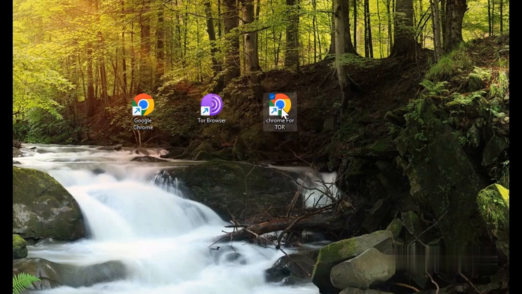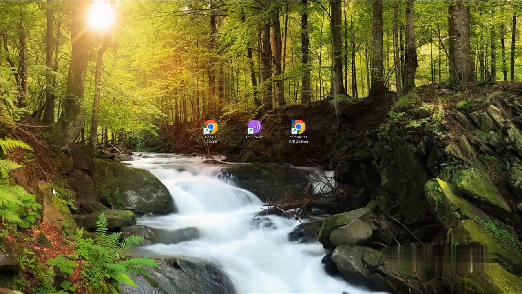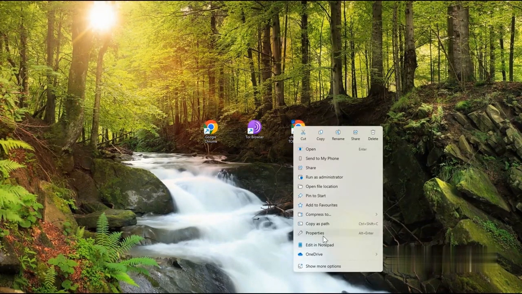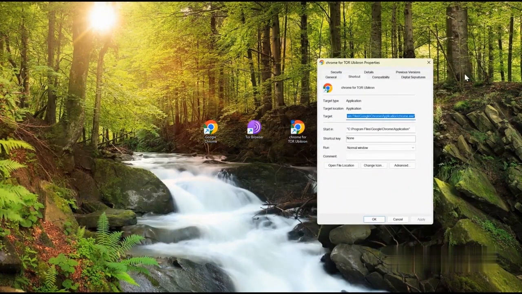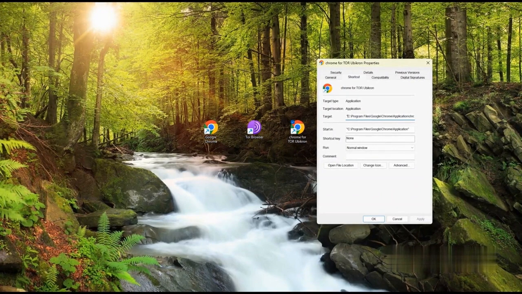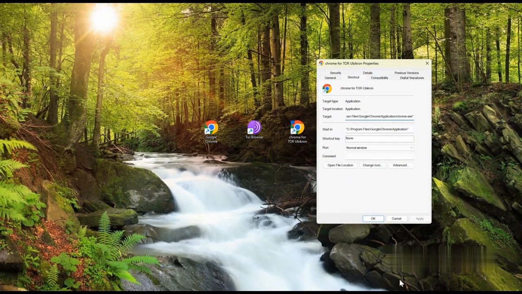If we click on this now, nothing unusual is going to happen. It's just going to open up the standard Chrome browser. There you go. And it'll give you the option as to what account you want to log into, if you want to log into an account. What we now need to do is click on Properties, and what we're going to do is change where this shortcut goes to. So the initial shortcut takes you to the program, and what we want to do is set up a proxy,